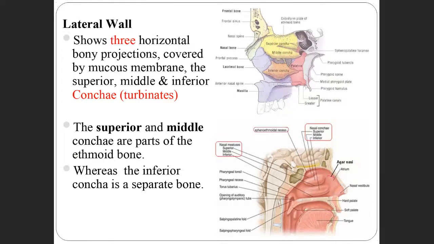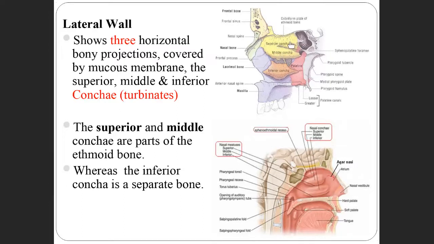Next comes the lateral wall. What is there in the lateral wall? Mainly this lateral wall is made up of shelf-like structures. You can see in this diagram. These are the shelf-like structures. Here also, see here, this and this. And then one more important point here, this superior and middle. These shelf-like structures are called conchae.